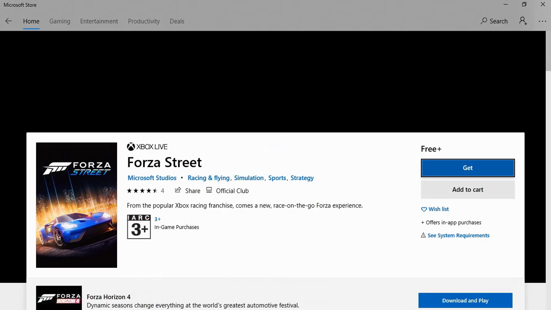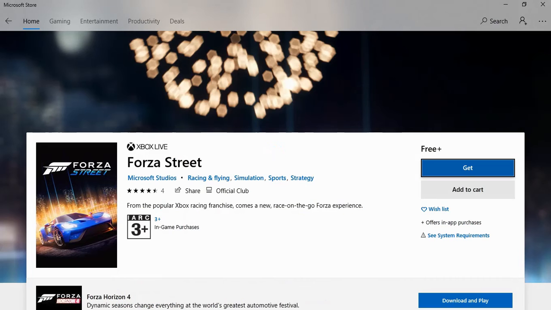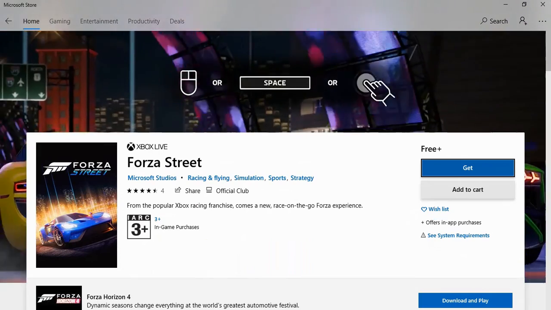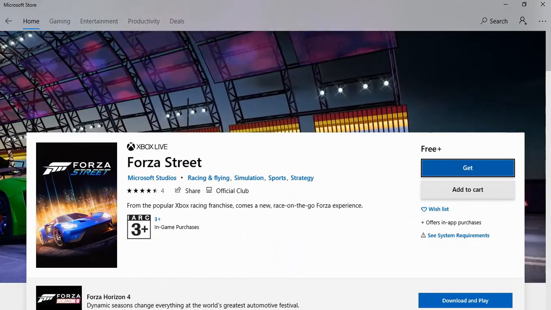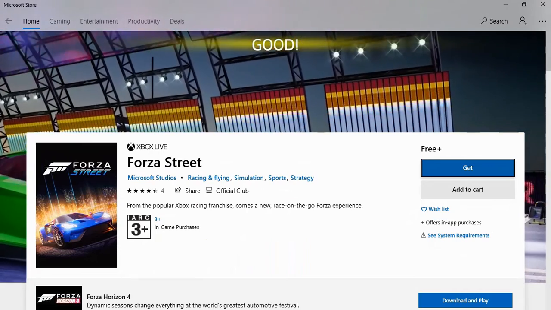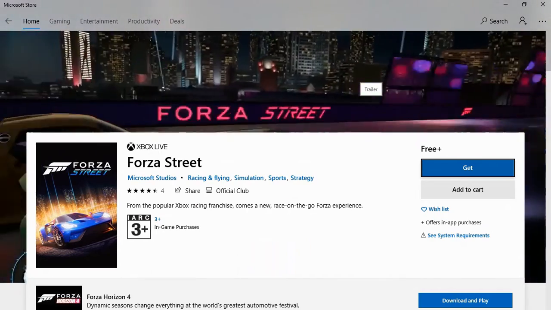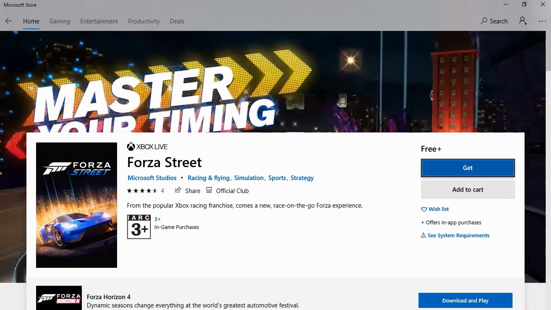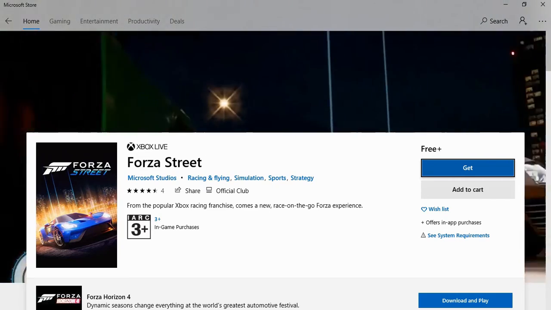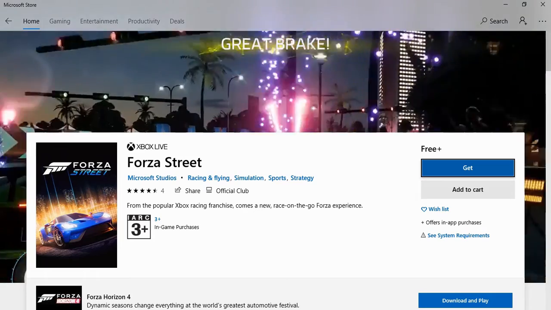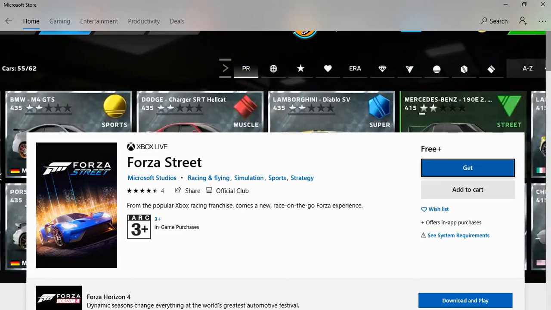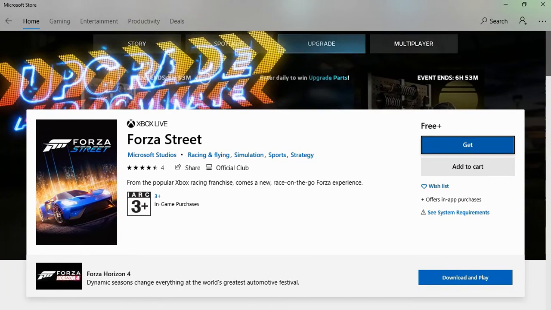Then here you just have to check it's free, and it's completely free because I haven't signed in through my Microsoft account and I haven't paid a single penny for that game. You can either add to cart or you can just press get. If you press get, then it will directly download and install automatically. If you want to directly download and play, then you have to click here. But if you want to download and launch, launching and playing are two different things. It will launch itself and start itself on your computer.